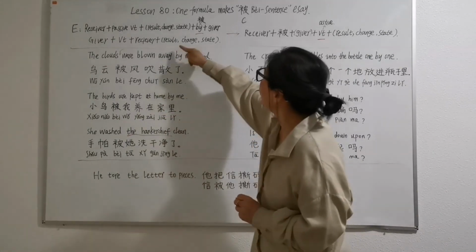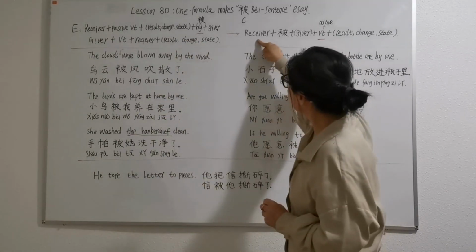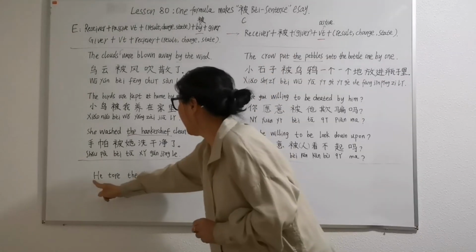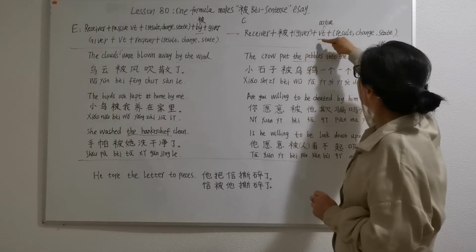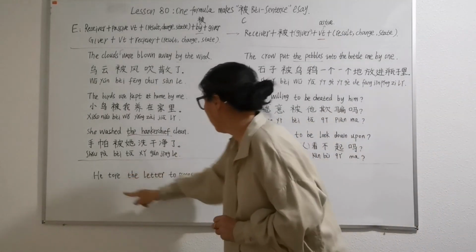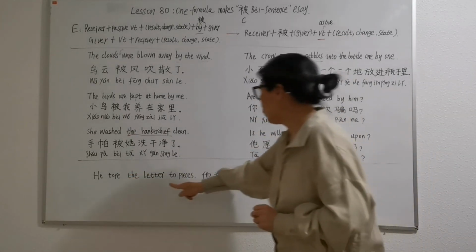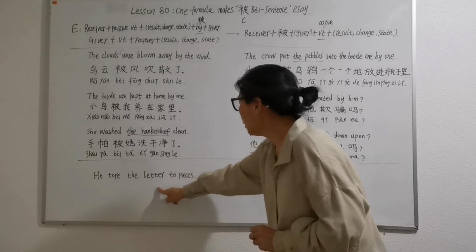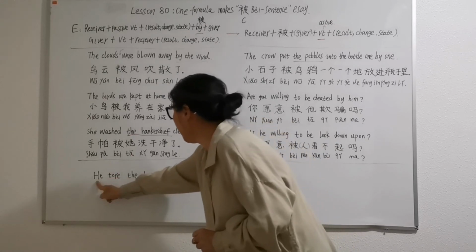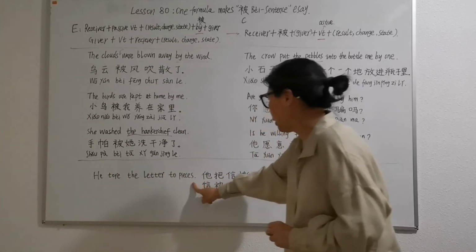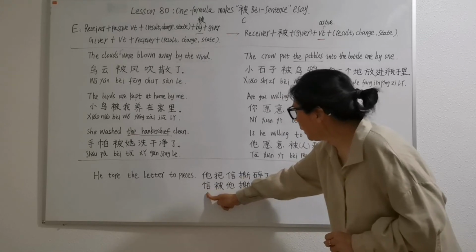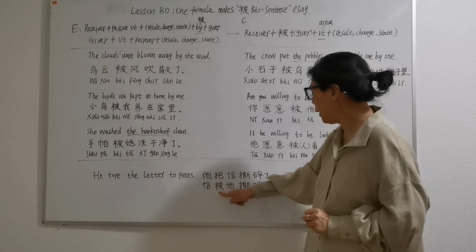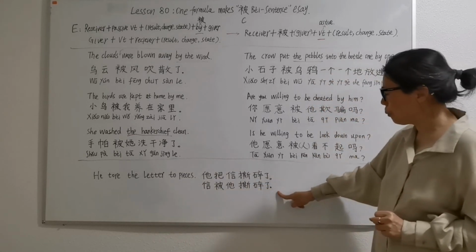This is a normal sentence. Receiver, the letter, 被 giver, 被 he, active verb tore, then the result to pieces. So we say the letter 被 he tore to pieces. So 信被他撕碎了。